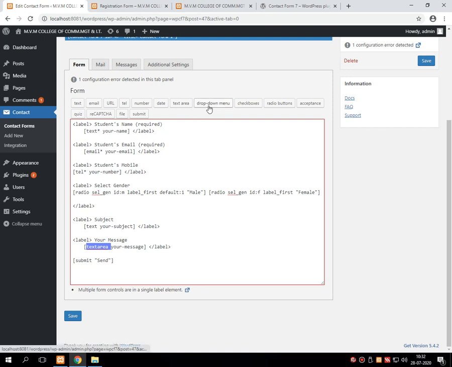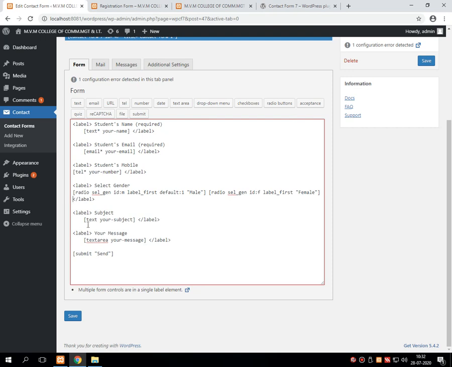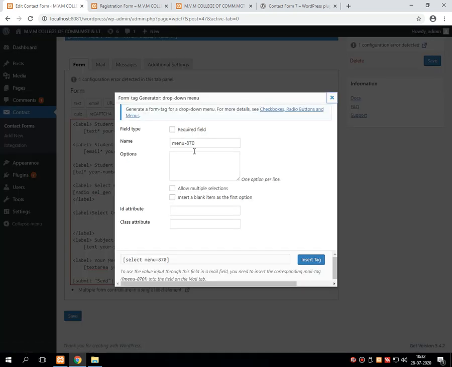Then drop down menu, if we require, we'll use this drop down menu. What we are doing? Label, /label, select course, and in this first I am displaying the drop down menu.